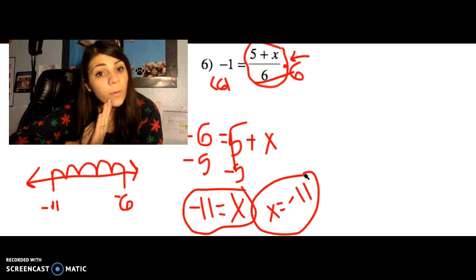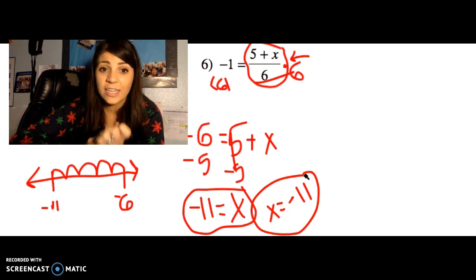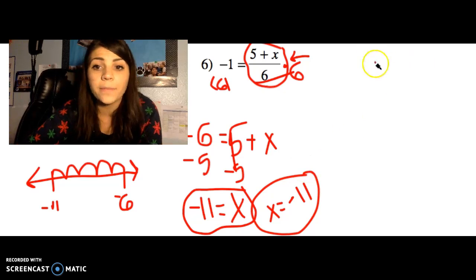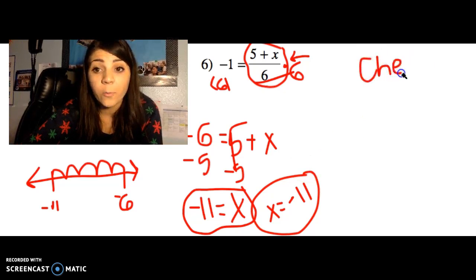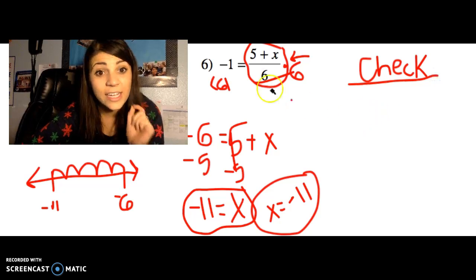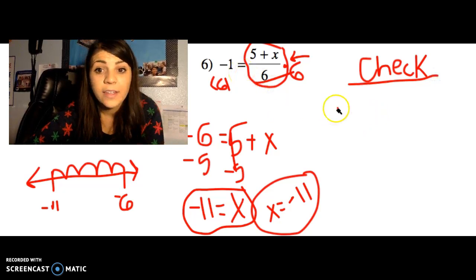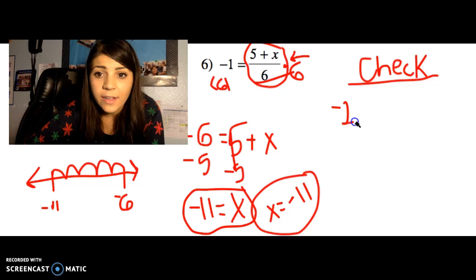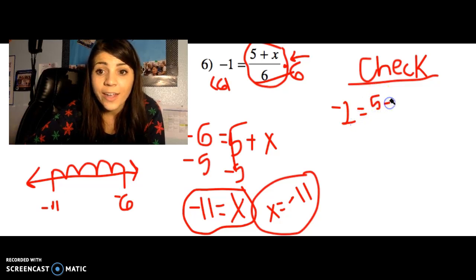And I'm going to do a quick review on how to check for this just in case you can't find the other video. But when you're checking, you have to rewrite your original equation, right? Just like we talked about. So I'm going to go ahead and rewrite my problem just like the problem was when I first saw it. So I have negative 1 equals 5 plus x in the numerator and being divided by 6 in the denominator,